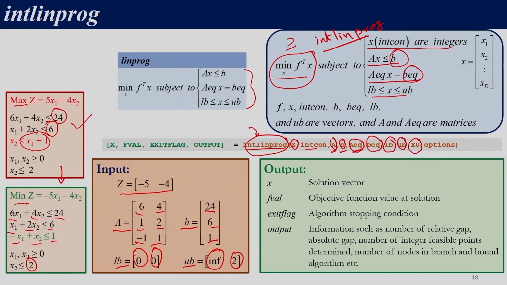So for any problem, if required, we can supply the initial guess. That is the name of a variable x0, right. And additionally we can give options if we want to override any of the default options of intlinprog. So much of it is similar to what we discussed for linprog, right. So the only difference is this intcon. Over here for the intcon, we need to specify the indices of the variables which are integer.